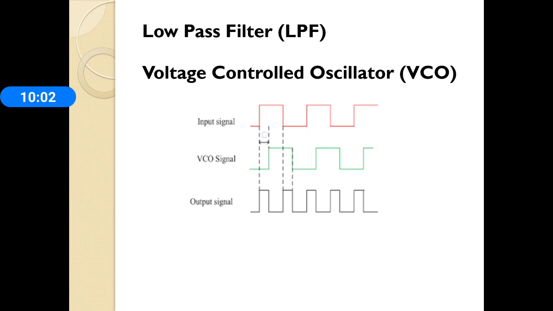Next one is the voltage controlled oscillator, that is the VCO. By observing this waveform, we can understand how the voltage controlled oscillator works here. The main function of the VCO is to generate an output frequency that is directly proportional to the input voltage, which we can observe in the waveform. The VCO provides simultaneous square wave and triangular wave outputs as a function of input voltage. The frequency of oscillation is determined by the resistor R and capacitor C along with the voltage Vc applied to the control terminal.